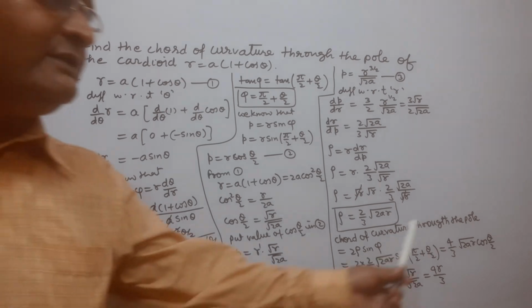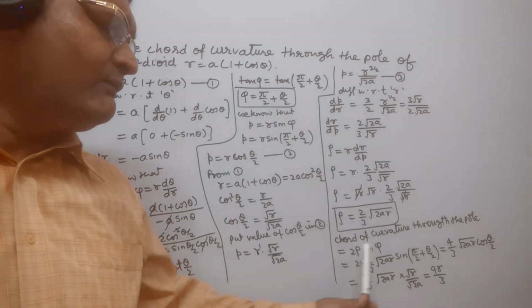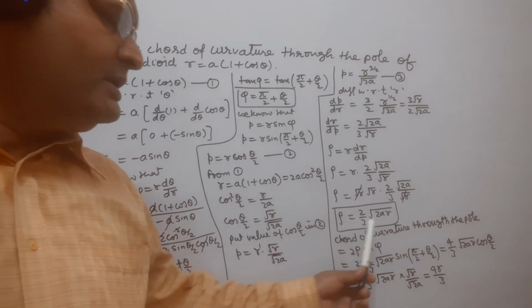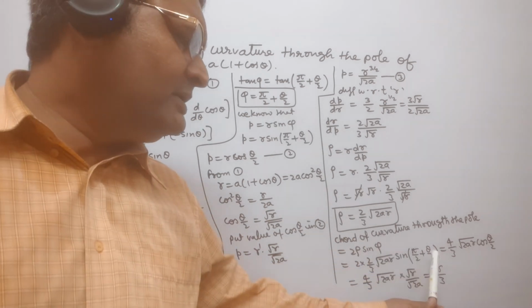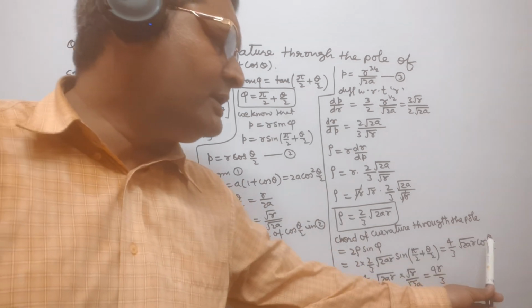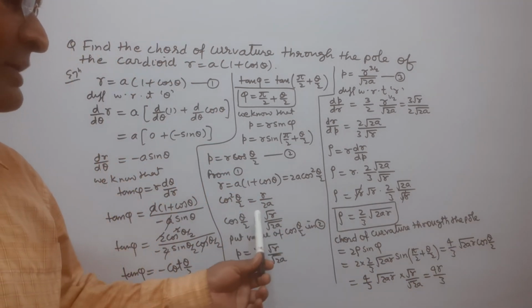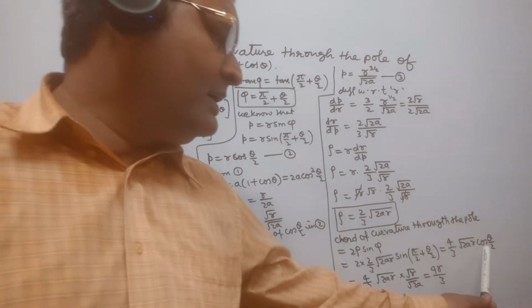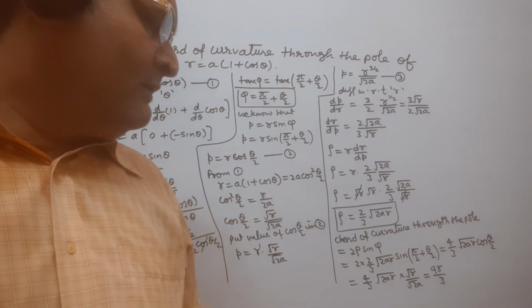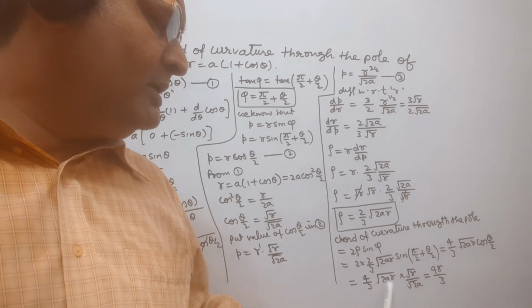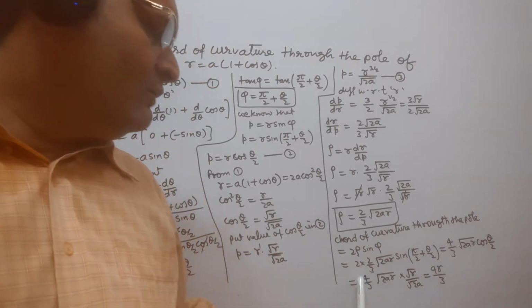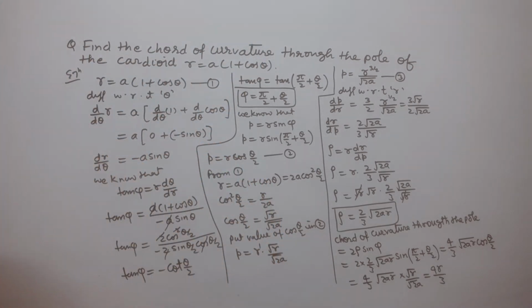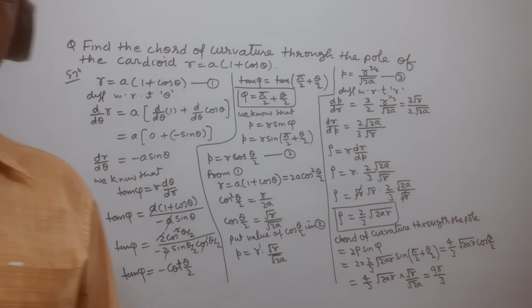आप देख सकते हैं कॉर्ड ऑफ कर्वेचर थ्रू द पोल का फार्मूला है 2 rho sin phi. इसमें rho और phi की वैल्यू सब्स्टिट्यूट करेंगे. rho की वैल्यू 2 by 3 under root 2ar है और phi की वैल्यू pi by 2 plus theta by 2 है. फिर sin 90 plus theta, this is equal to cos theta. So this can be written as cos theta by 2. And here we can see cos theta by 2 is equal to root r upon root 2a. So we put here root r upon root 2a. We can see from the numerator and denominator, root 2a cancel हो जाएगा. root r का root r से मल्टीप्लाई होगा, r होगा तो 4r by 3. So this is the chord of curvature through the pole of the given cardioid r is equal to a into 1 plus cos theta. Thank you.